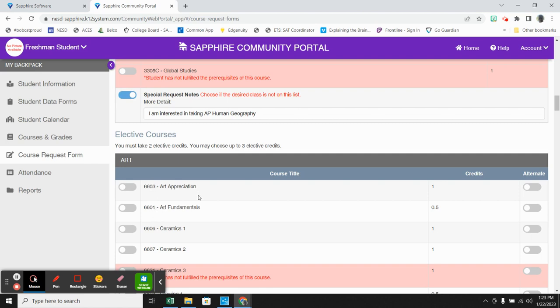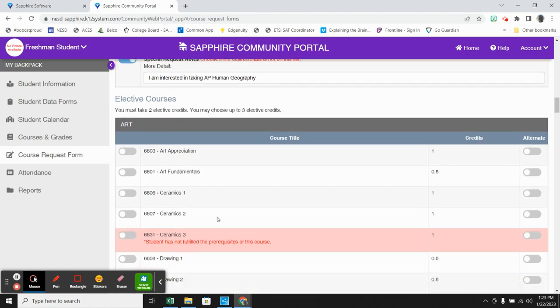So, when you look at electives, they'll be broken down by department. And what you'll want to do is choose your most favorite classes first. And you'll want to do that by toggling on the button to your left. So, I'm going to go ahead and choose 4 credits that I know that I need to take. So, I know that I need a practical fine art, 1 credit. So I am going to select art